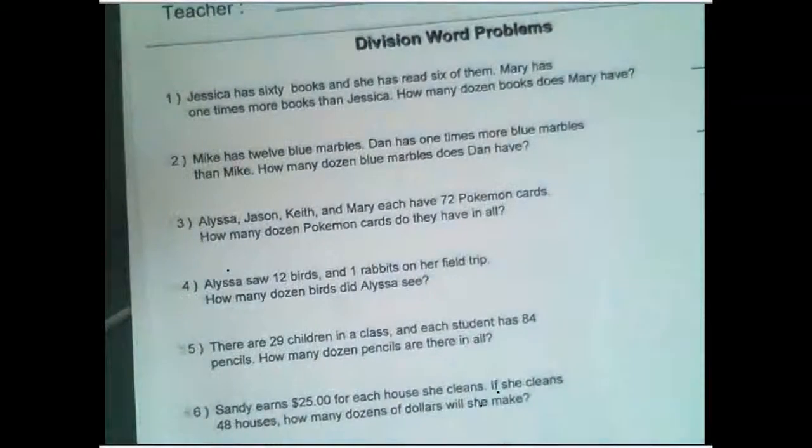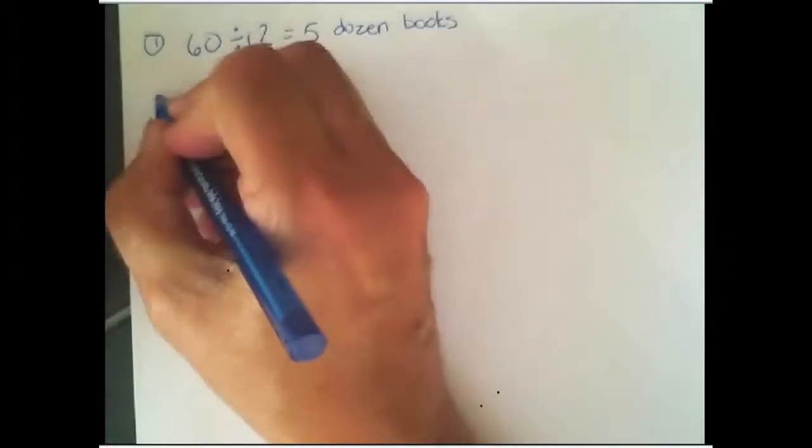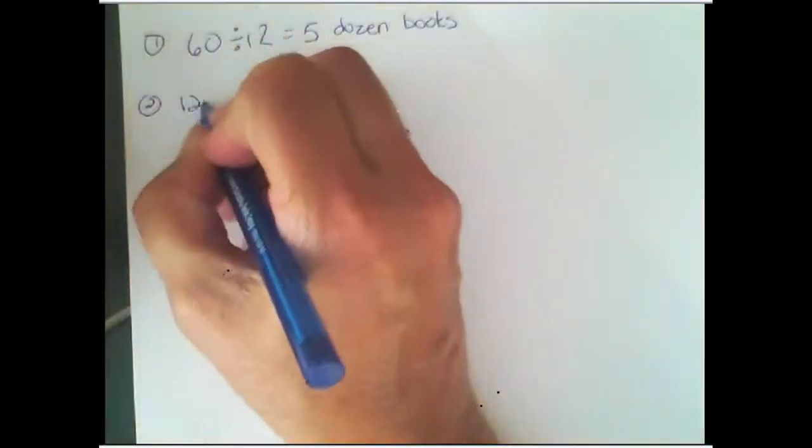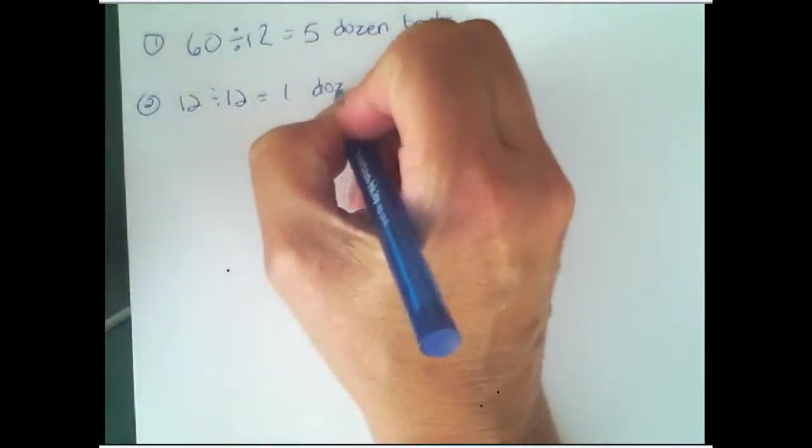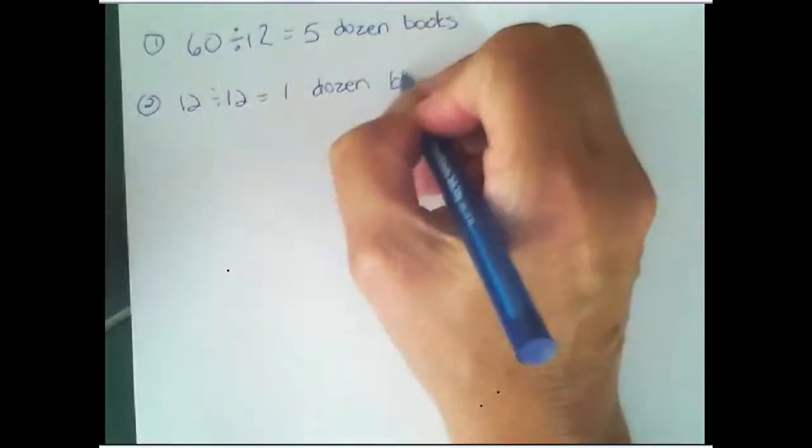Let's look at the second problem. Mike has 12 blue marbles. Dan has 1 times more blue marbles. Again, he has 12. How many dozen blue marbles does Dan have? Again, our knowledge of dozen will come into play. 12 divided by 12 equals 1. So he has 1 dozen